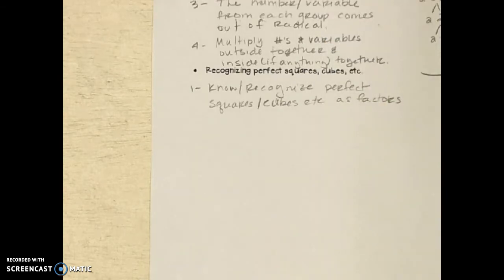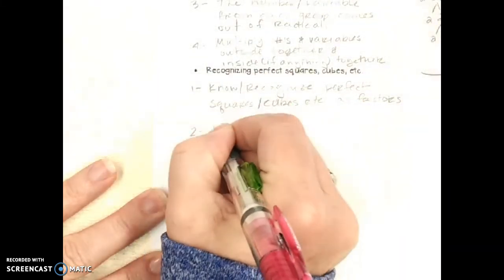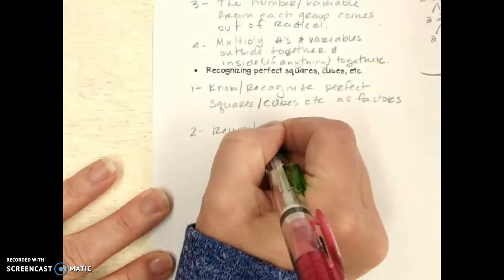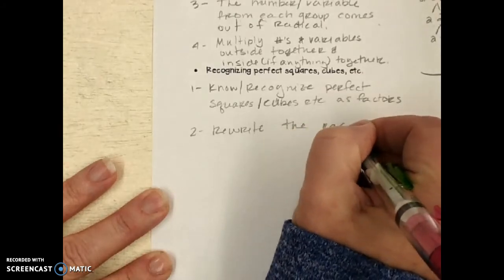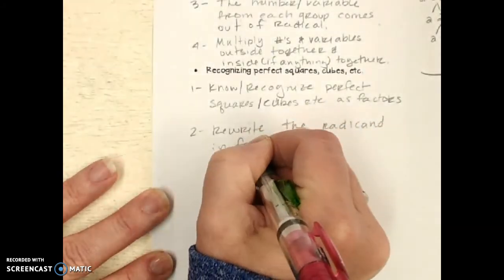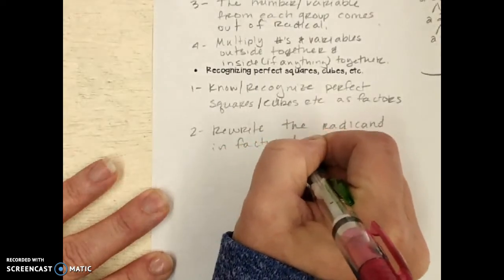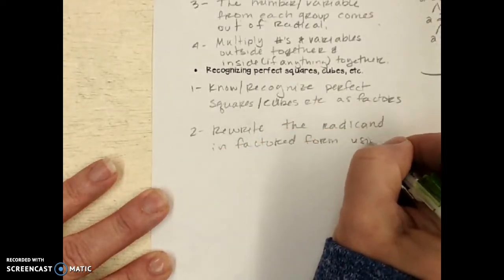I want you to be able to do the thing that's easiest for you so that this is less stressful for you. So if you can recognize those things, then rewrite the radicand, that's the thing under the radical, in factored form